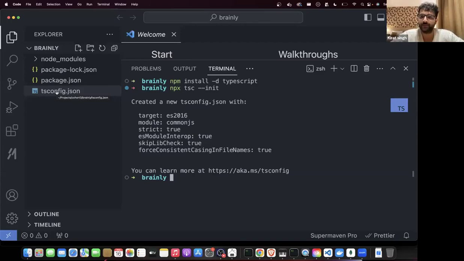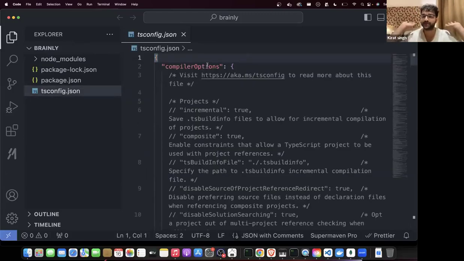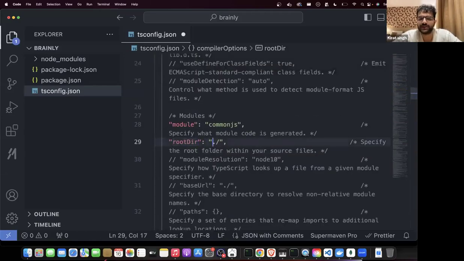Here, what do we do? If you remember from last week, one very important thing we covered, कि यार ये बहुत complicated file होती है. It has a lot of things, a lot of flags that you can set. But one very important flag we talked about was change the root directory to be ./src. You can name it whatever you want. Common practice is to name it src or app. We are going to name it src.